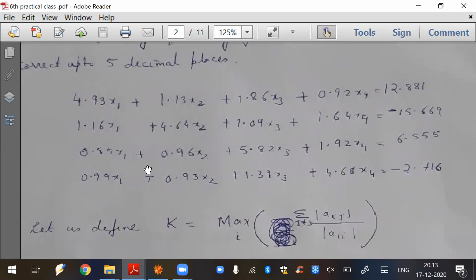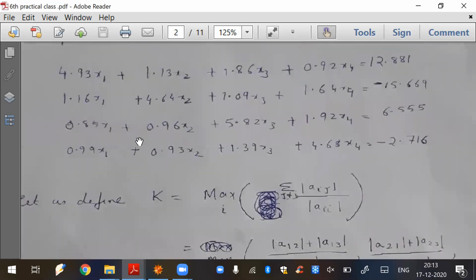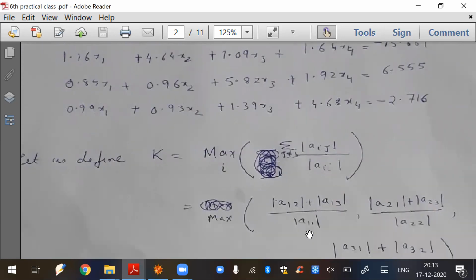So what you have to do for the practical purpose, let me again state this. You are writing in the first page, you are defining this one. There is a huge typo here. Please do not make this mistake again in this practical part of yours. I am just repeating it again and again. You have to calculate this thing with respect to the matrix provided here, but I have written it with respect to a 3x3 matrix, which is not the case here. So please do not make this mistake again once you submit your practical.